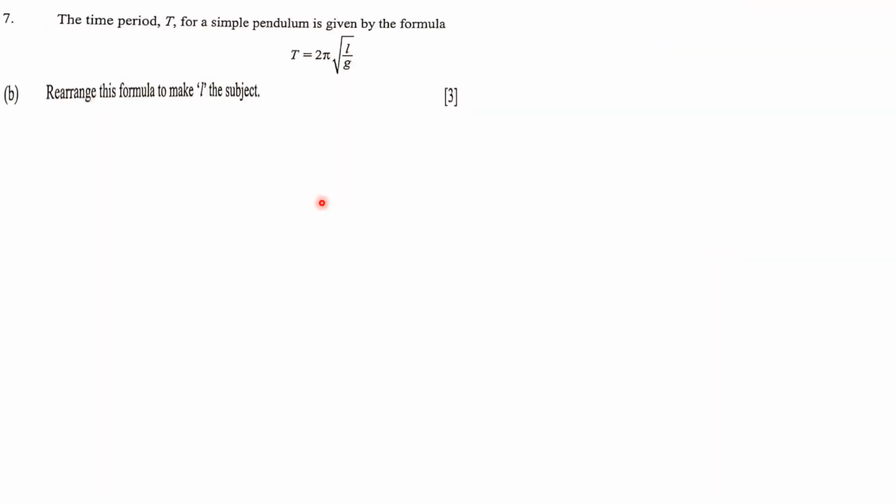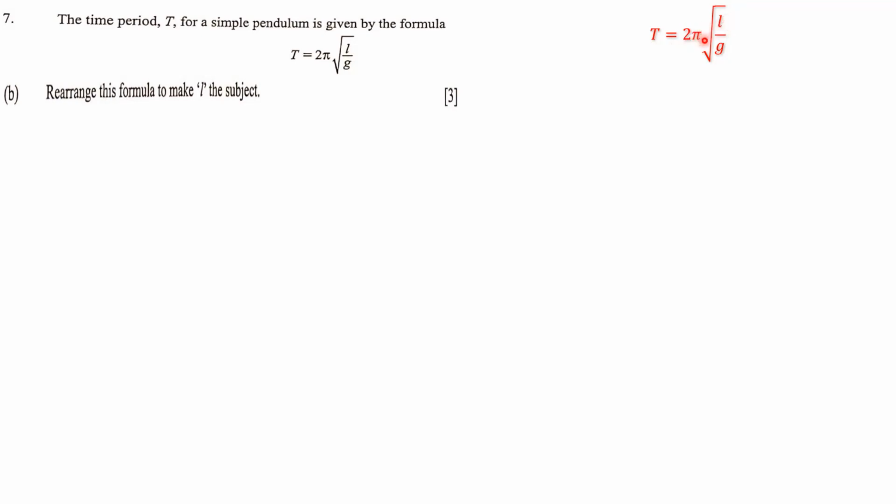Okay, let's move on to 7b. It says rearrange the formula to make L the subject of the formula. So notice here that T is currently the subject of the formula, but we want L to be the subject of the formula, meaning that we want L on the left-hand side and everything else on the right-hand side. We want L to be isolated. All right. So what are we going to do here? Well, we have